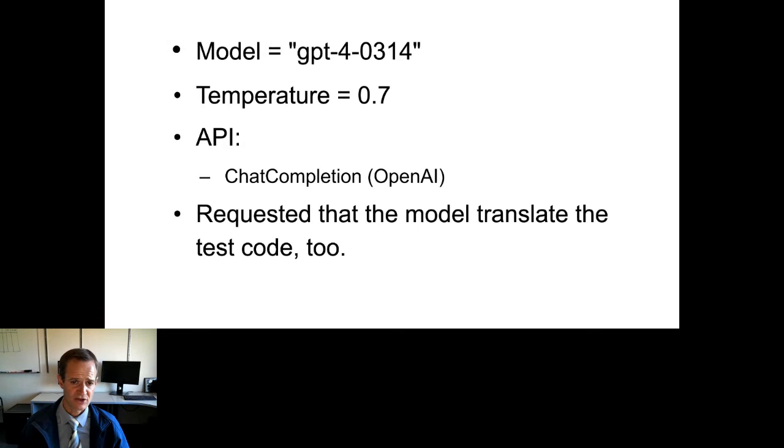We used, in this case, ChatGPT or GPT-4, a specific version of that, with a temperature of 0.7. The max for temperature is 1, the min is 0. This is saying that if we submit multiple times, then allow for some variability, or let the model try some different types of solutions rather than just focusing on one particular type of solution. We use the chat.